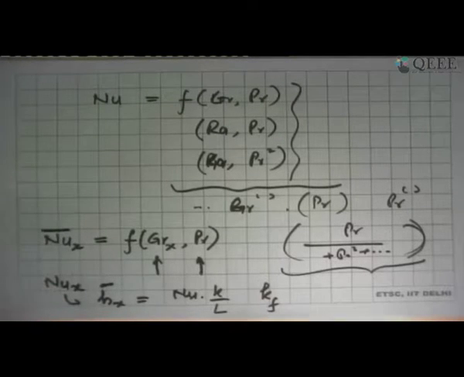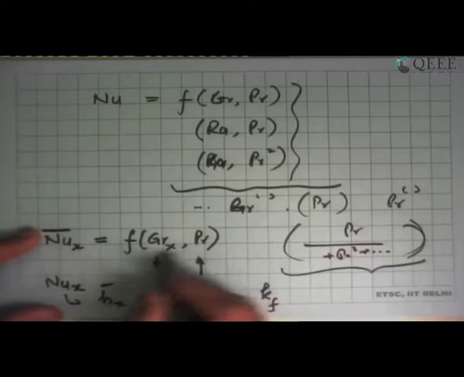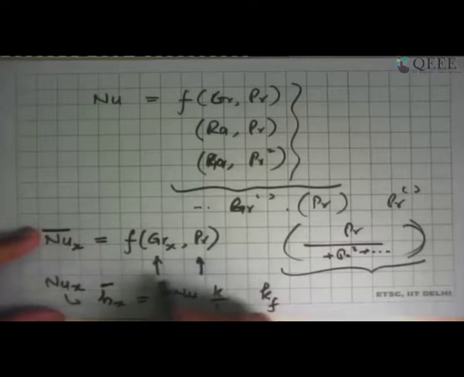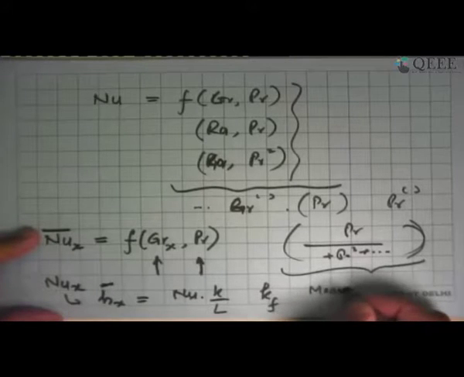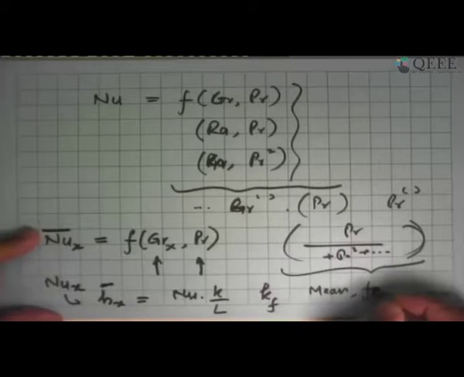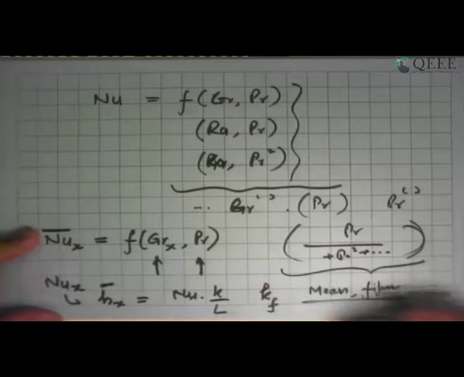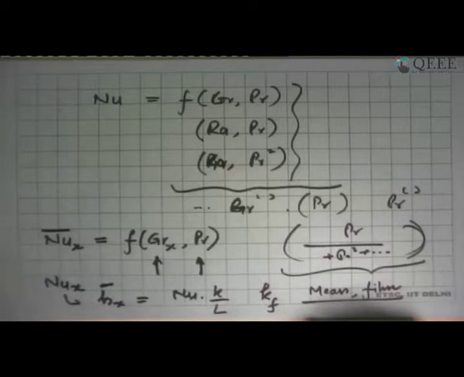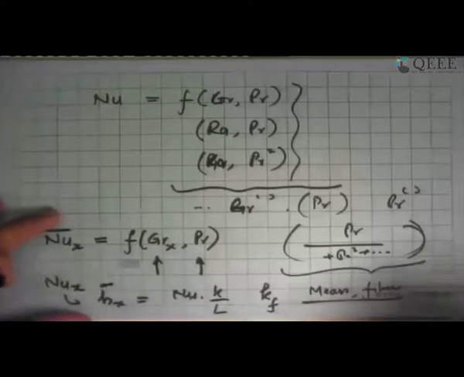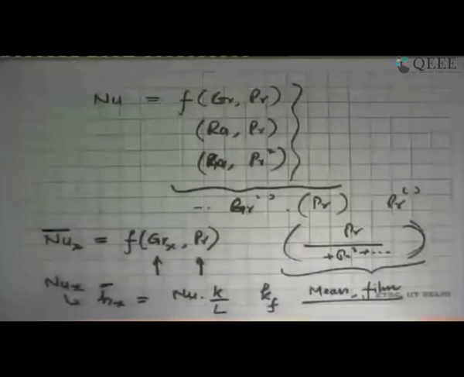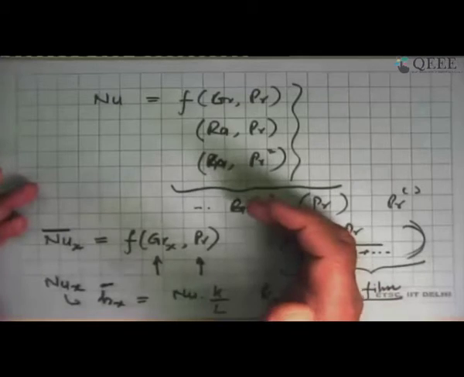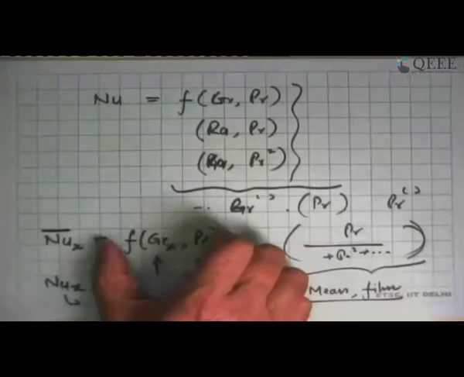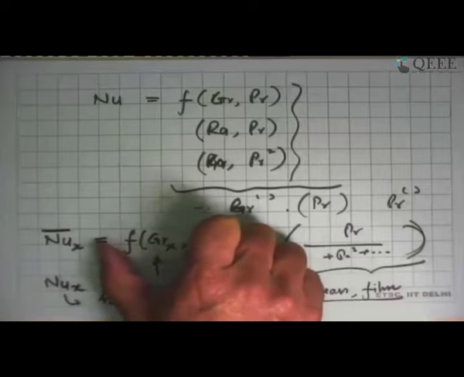And in all this type of problem solving, when you evaluate properties of the substance, these have to be done at some sort of mean temperature, the film temperature as we call it, or the property temperature, and that could be a mean of T_w and T infinity. That's the simplest case there. This then is how we would be solving problems. But why we use this is what I have just explained.